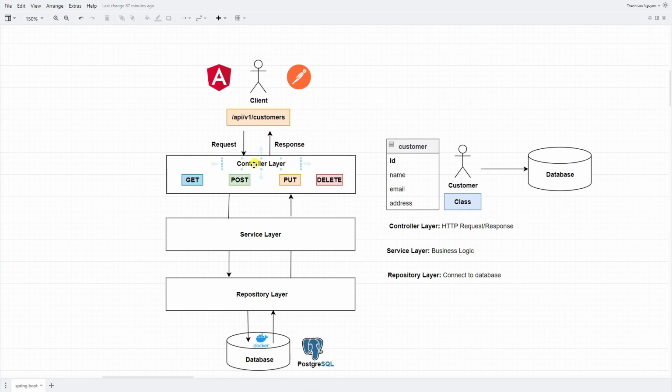We already set up the controller, service, and also the repository layer, and we also have the database running. Now it's time to integrate all of this and start sending API requests to our application.